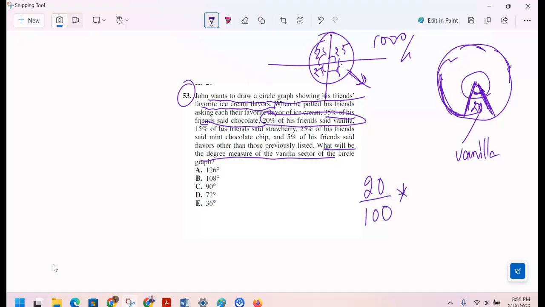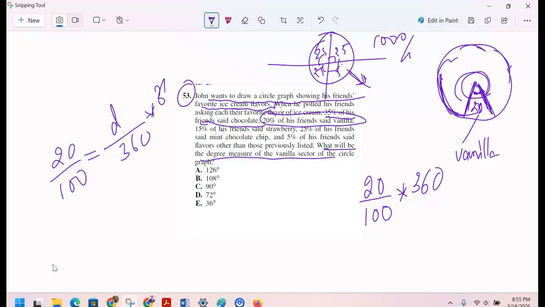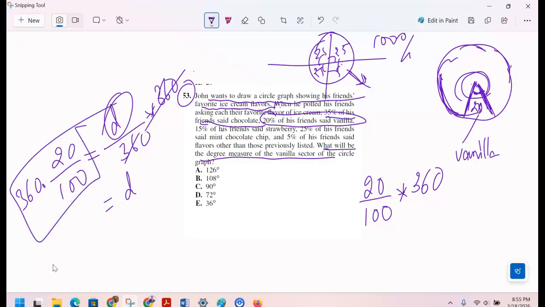Then you have to multiply it by 360 because you want to know out of 360. So another way to write it is like a proportion. That means if it is 20 out of 100, then out of 360, what is the degree here? D is the degree. So basically you're multiplying 360 this side and 360 this side, and this crosses out, and this is how much the angle, degree D is, and that's the same shortcut I wrote here. So now we can cross out these zeros, two zeros up and down. And what I'm left with is this. So 2 times 36